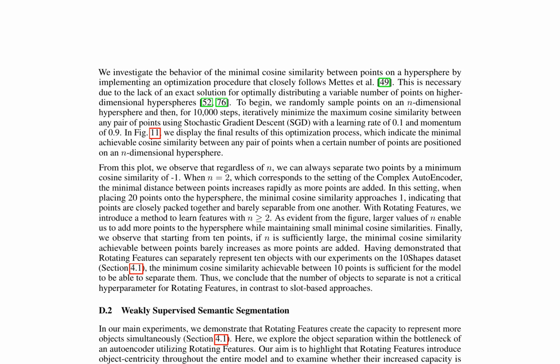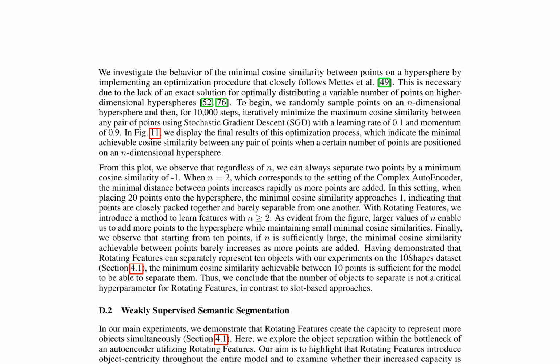This process involves randomly sampling points and iteratively minimizing the maximum cosine similarity between any pair of points using stochastic gradient descent, SGD. Figure 11 presents the results of this optimization process, demonstrating that regardless of the dimensionality n, it is always possible to separate 2 points by a minimum cosine similarity of 1. However, when n equals 2, corresponding to the setting of the complex autoencoder, the minimal distance between points increases rapidly as more points are added, leading to closely packed and barely separable points when 20 points are placed on the